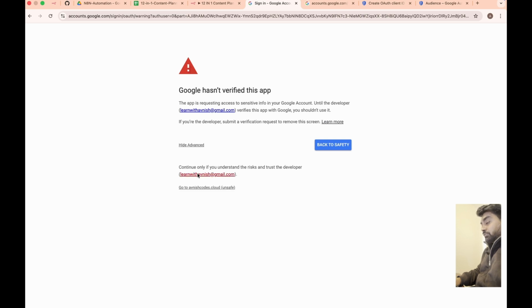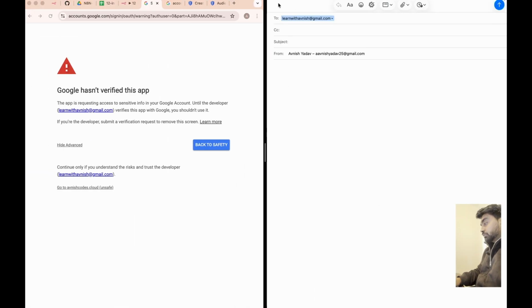Click on advanced, click on the account you want to go with. Okay, I think I need to click on the email. So let me close this email quickly.